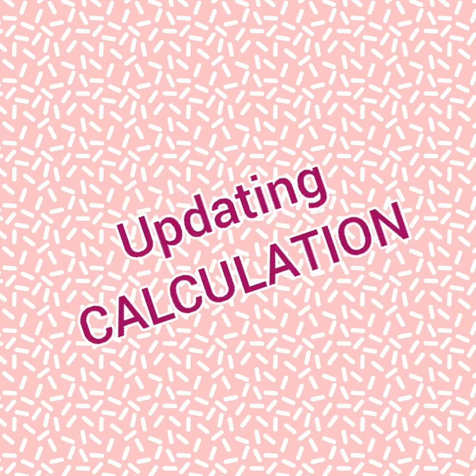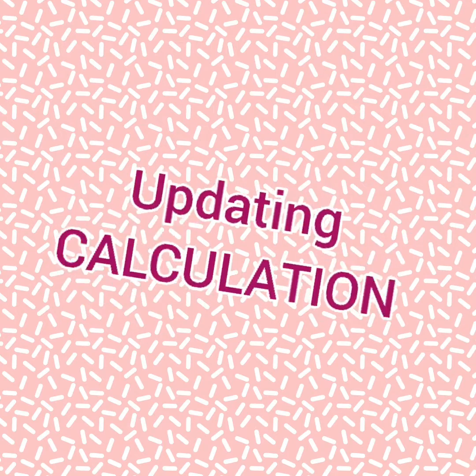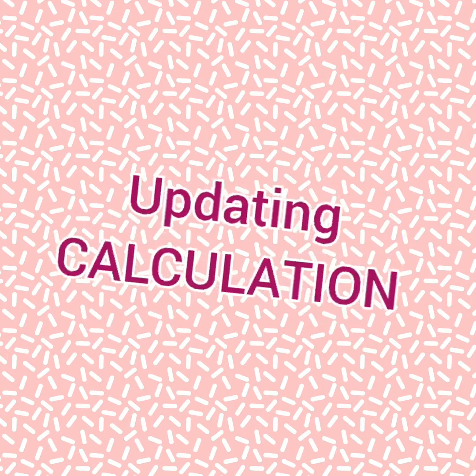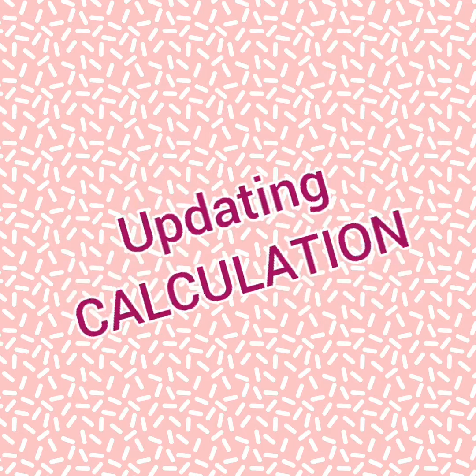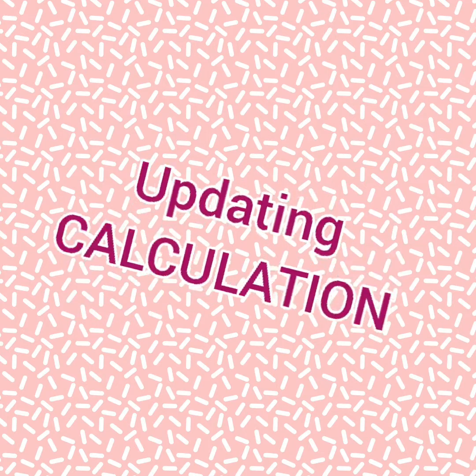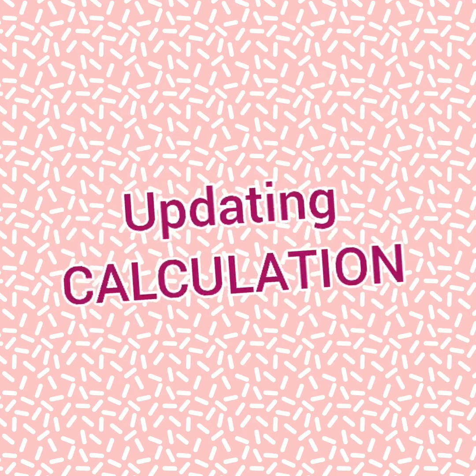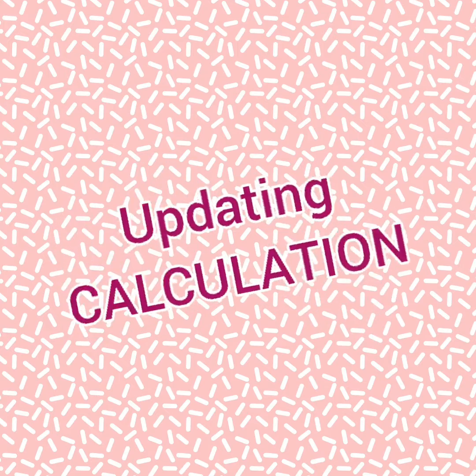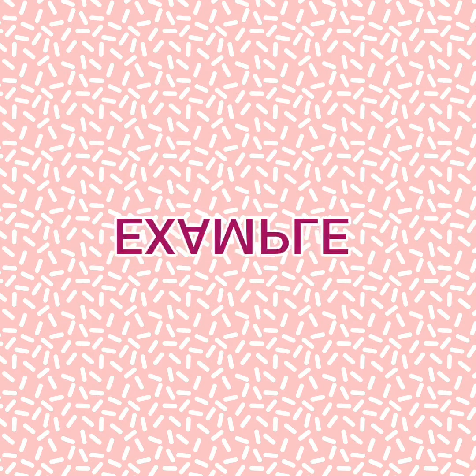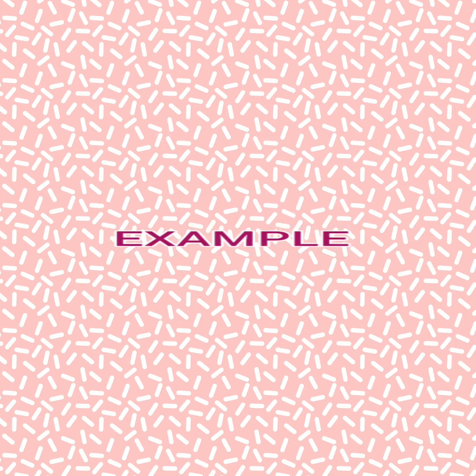Now, updating calculation. Suppose, students, that I have made a mistake in a certain column. So how would I correct it and update? Let's just take an example. In the given table, I am going to represent certain students with marks and then I am going to update the calculation. Just have a look.